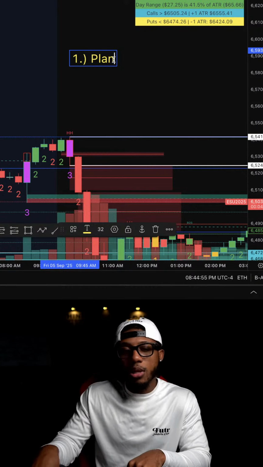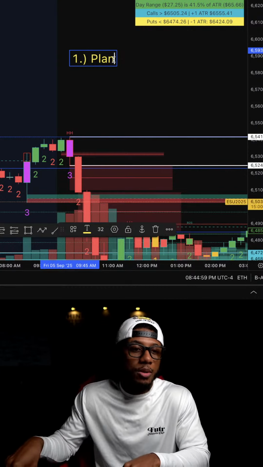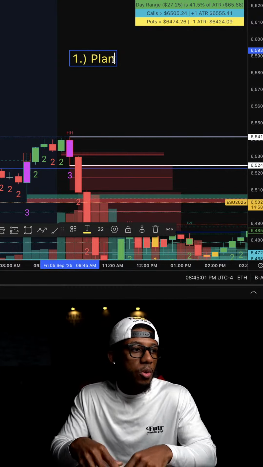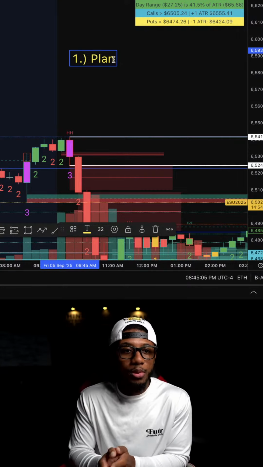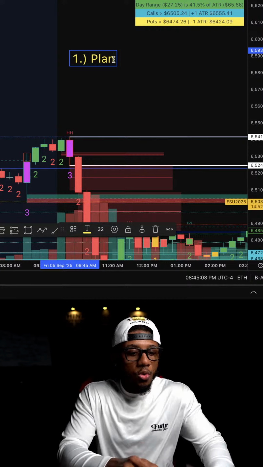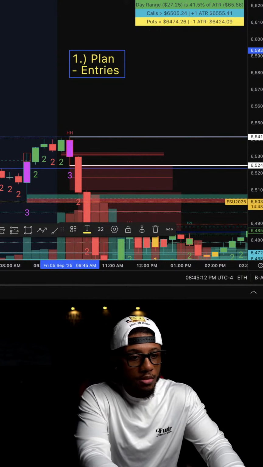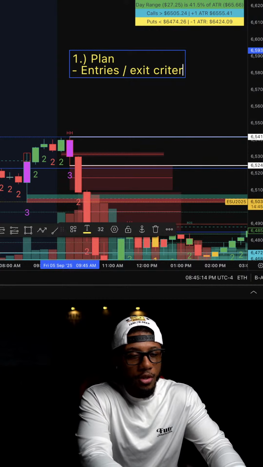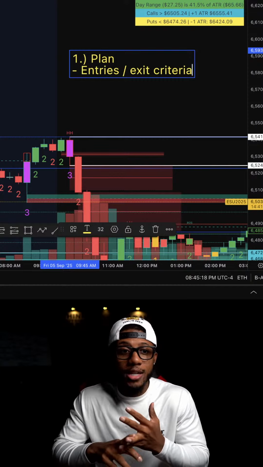So if you're trading supply and demand, you might be looking for something else. If you're trading support and resistance, you might be looking for something a little bit different. If you're trading ICT concepts, you might be looking for something else. So you have to have a plan, right? Your plan should include entry and exit criteria,